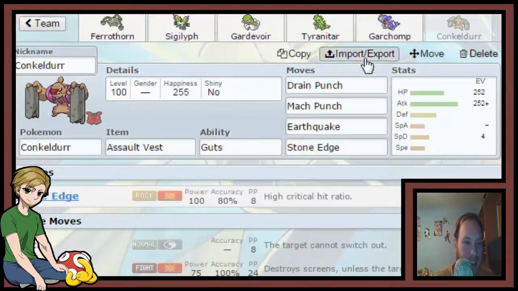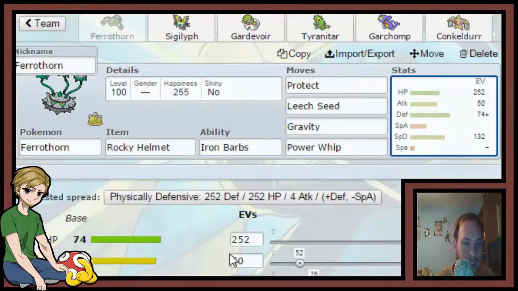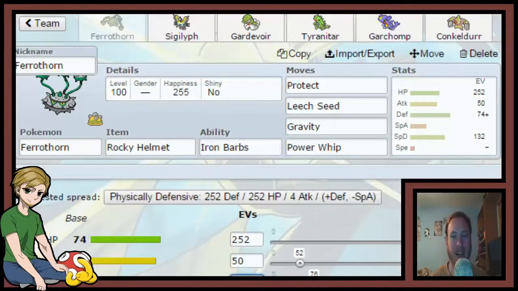But that was ridiculous because, let's see, we're 252-74 Relaxed. That's kind of ridiculous how much damage that did. We weren't at full HP, that is true, but...